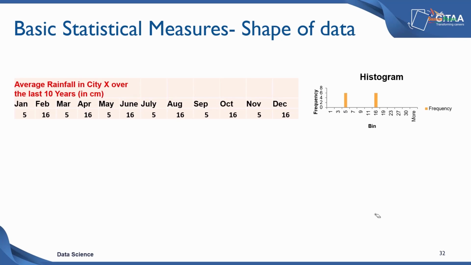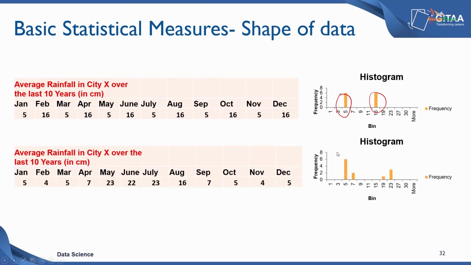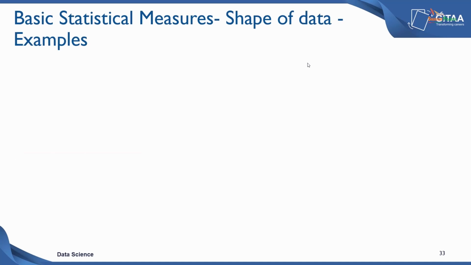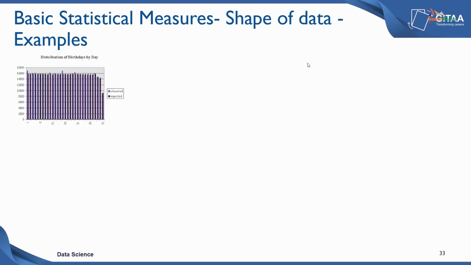Or you could have data which is spread out like this, so again kind of bimodal data. Or you could have data of this nature, which is more like this. So there are very many different shapes that are possible given the same central tendency value, and in many cases given the same central tendency and the same dispersion value also. Here are some examples of common shapes of data that we encounter, not the most comprehensive examples,